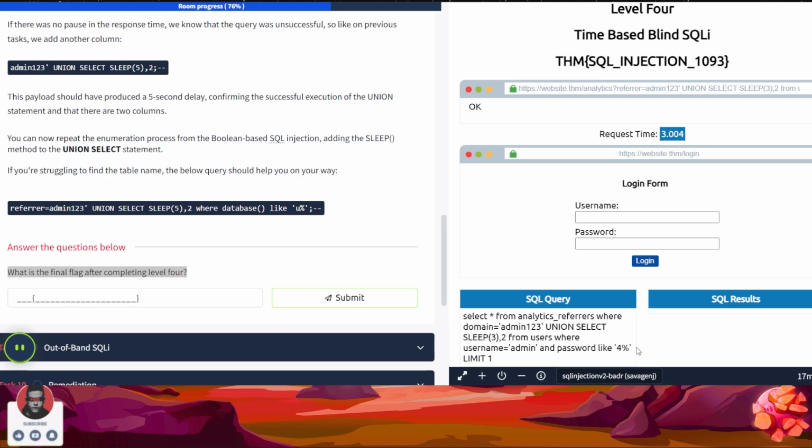I don't think the password is displayed directly, but